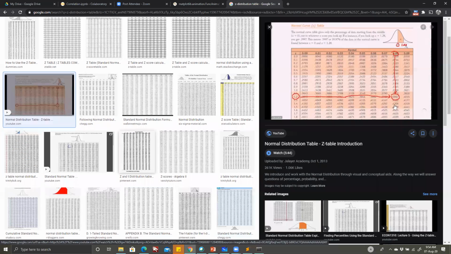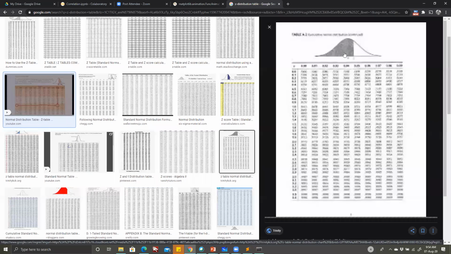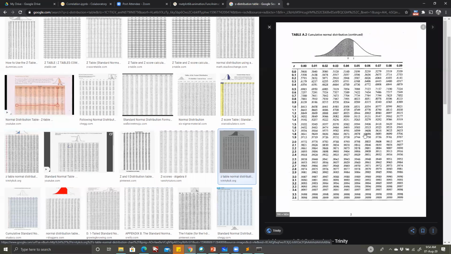But based on this assumption and these area calculations, I will show you what this means after a while. Based on this area calculation that you are seeing, this area can actually be calculated, and then you can figure out how much your Z value was. Or if you know the Z value, you can calculate how much your overall value was.